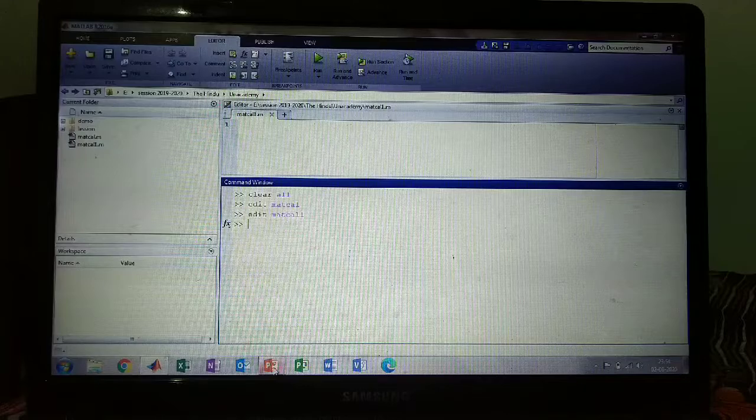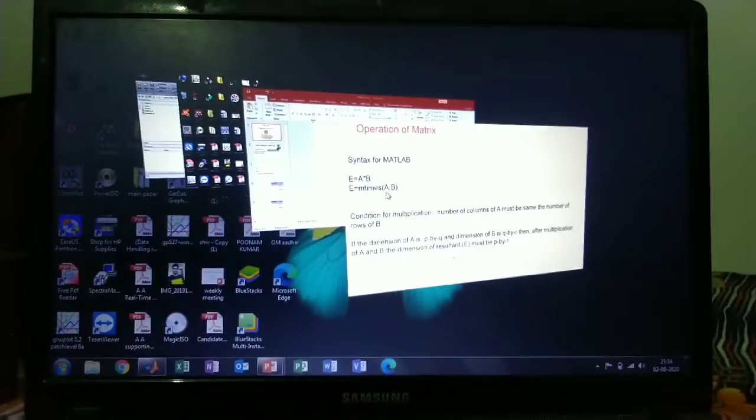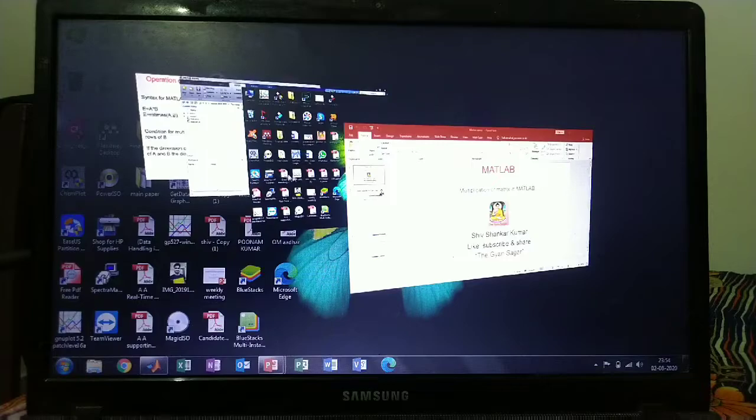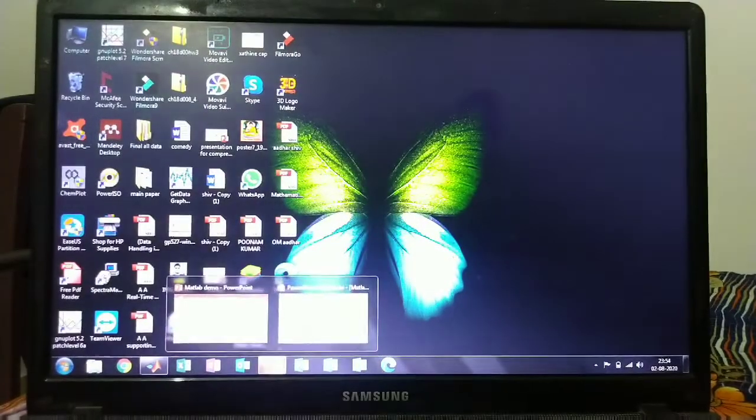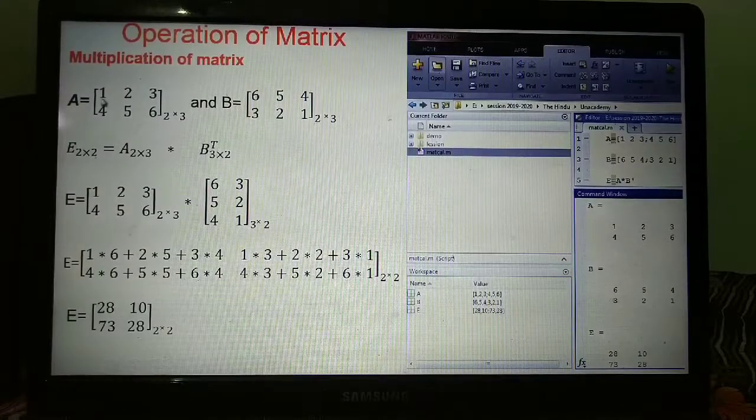Now I have to define two matrices. My first matrix A is equal to 1, 2, 3, 4, 5, 6, and B is equal to 6, 5, 4, 3, 2, 1. The dimensions of A and B are the same, 2 cross 3 and 2 cross 3.